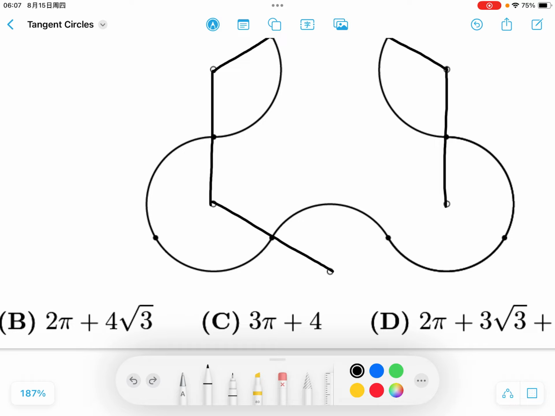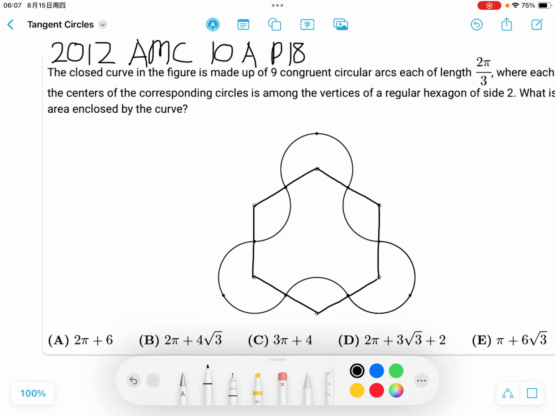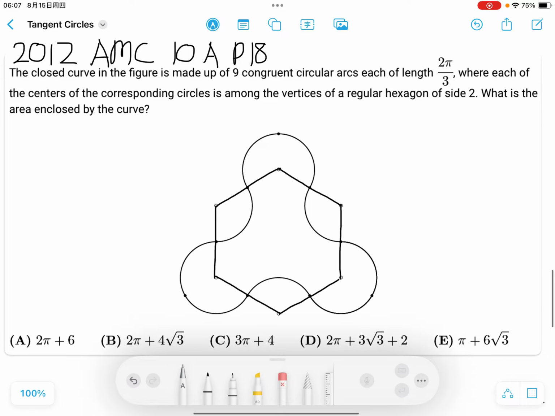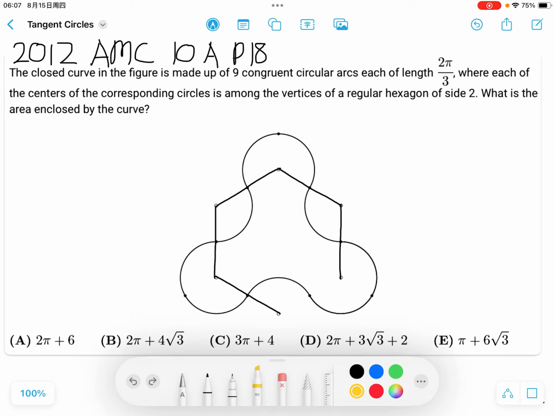And then, basically, the question says, what is the area of the enclosed curve? So essentially, what is the area of this fidget shape like thing we're looking at, the fidget spinner thing. So this area here. So essentially, we want to use the regular hexagon because the regular hexagon has to have some help, or else they wouldn't tell you to draw it, right? Well, it does have some help because we can first figure out